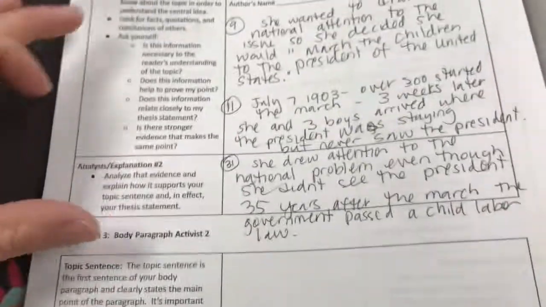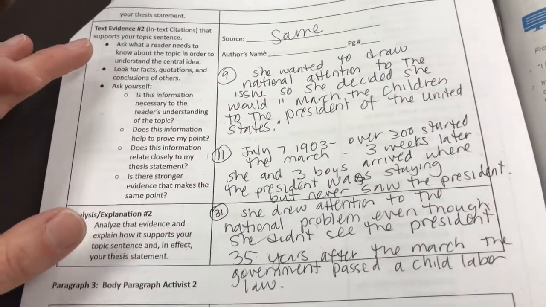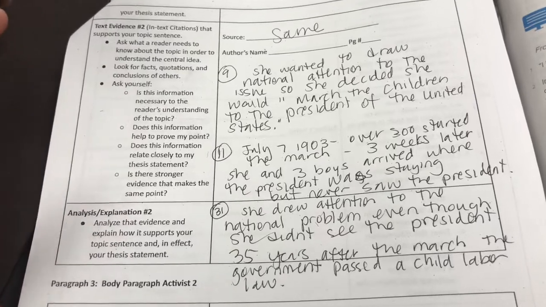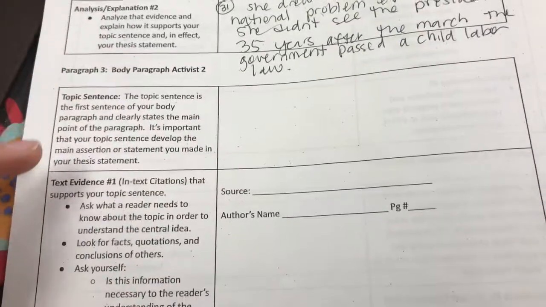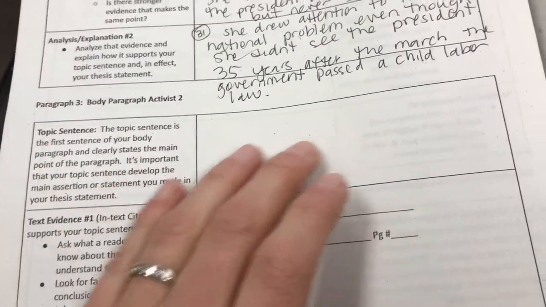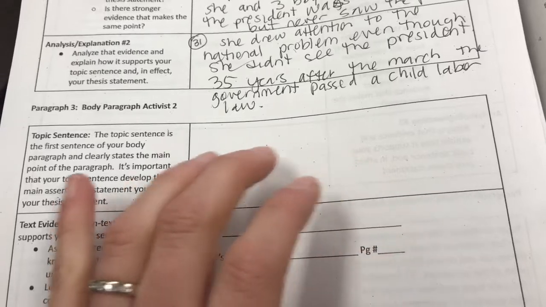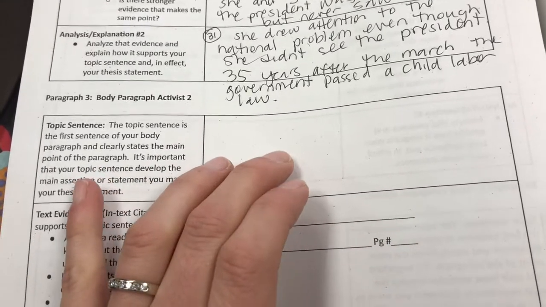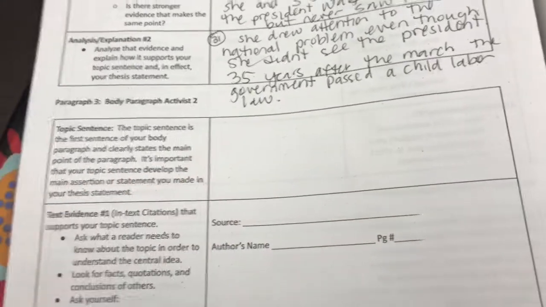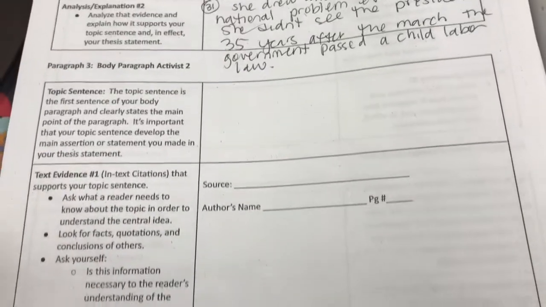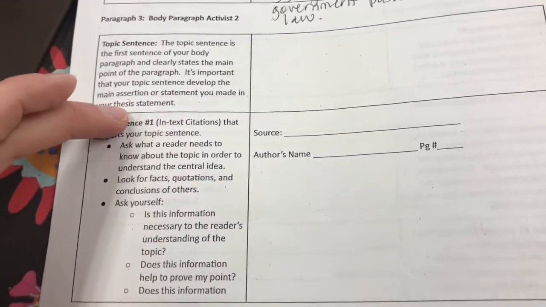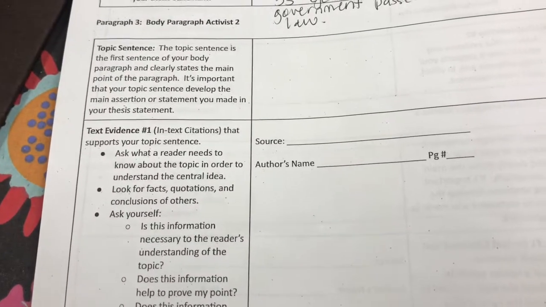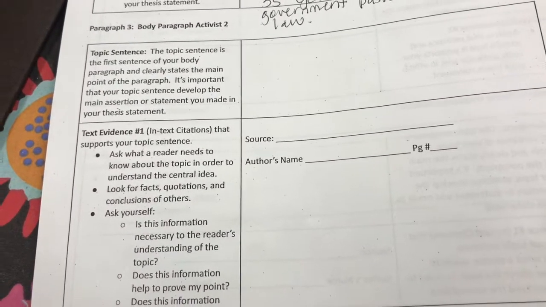So you're going to repeat the same process with the activists that you have chosen. You'll start with the first person, and then you will go to your second person. You'll do the same thing. You'll decide, well, what's my topic sentence going to be? So again, you're going to think about that person, the impact they made. What is that paragraph going to be mostly about? And then you're going to find the facts, the quotes, the evidence that are going to support you. So you can use your pre-write organizer. You might need to go back to